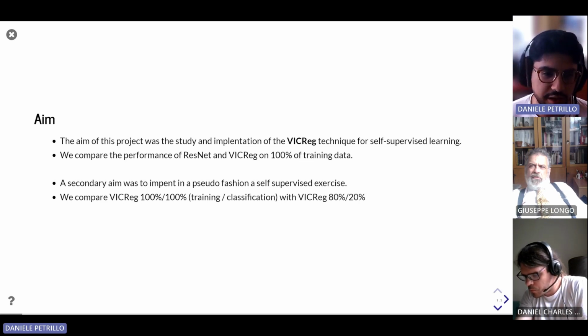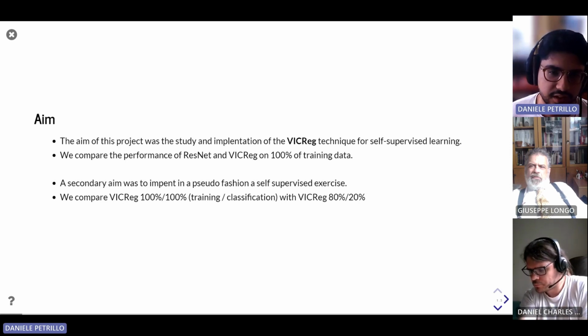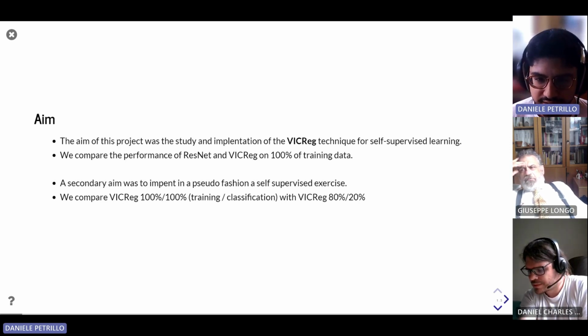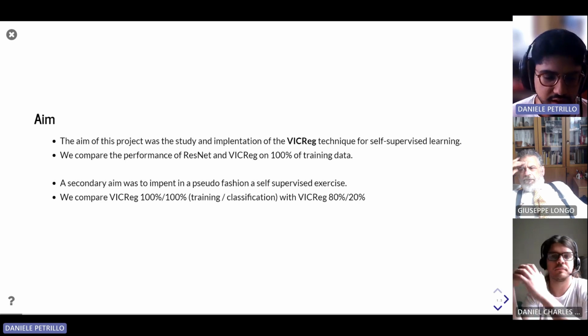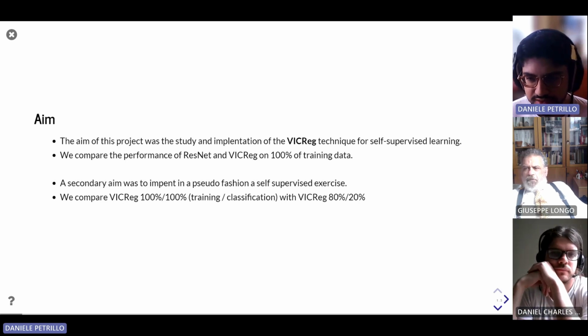This first experiment is to see if VICReg can keep up with the standard way to train, and if it gives similar results, it means it is solid and can actually be used for some